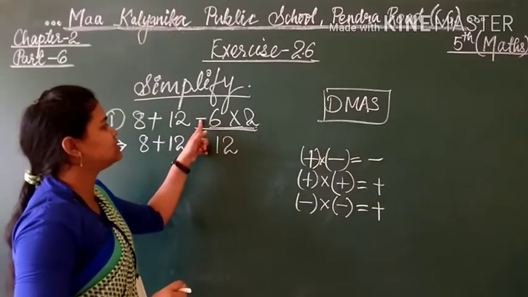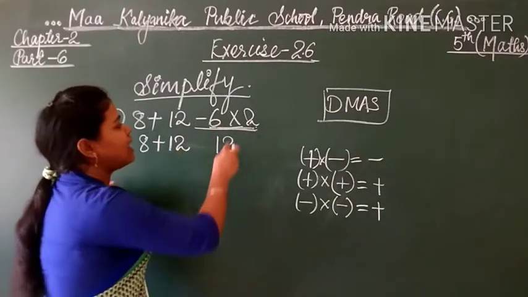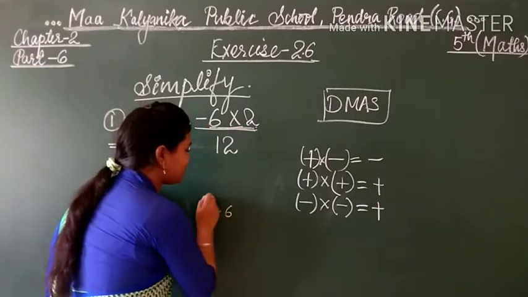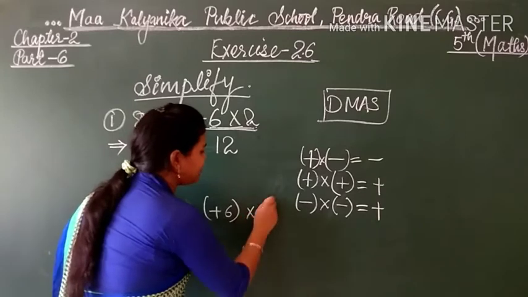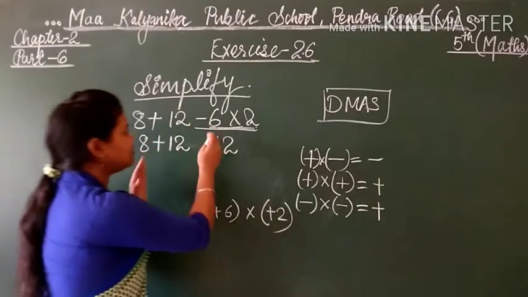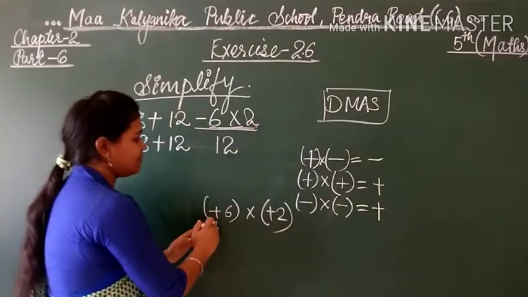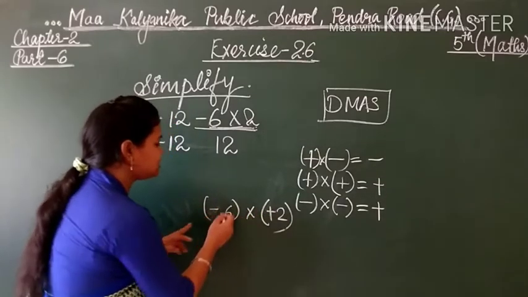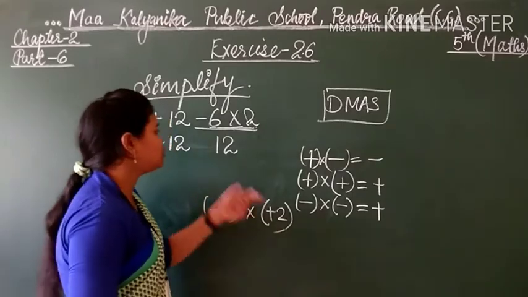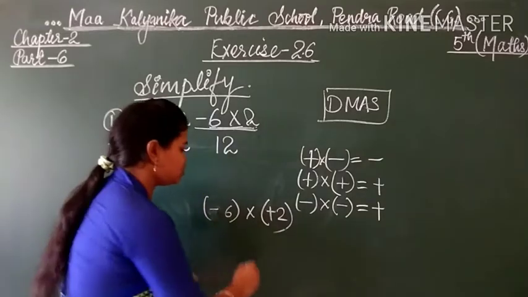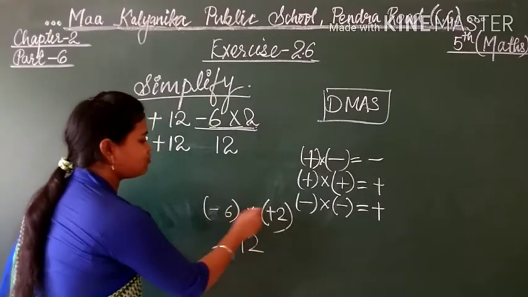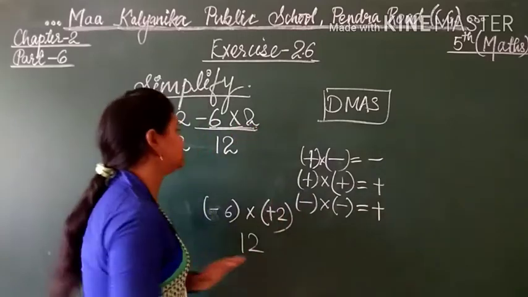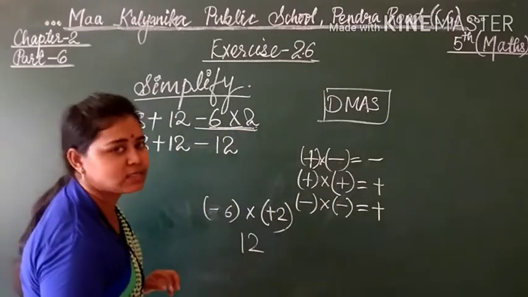Now students, this is minus 6 and this is plus 2. Why? Because the multiplication of minus 6 and plus 2 is here. What is the meaning of this equation? Minus 6 multiplied by plus 2 means simply 6 2s are 12 we will write, and the multiplication of minus and plus, or plus and minus, becomes minus. So simply it will be minus 12, students.